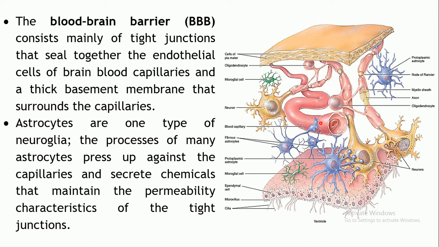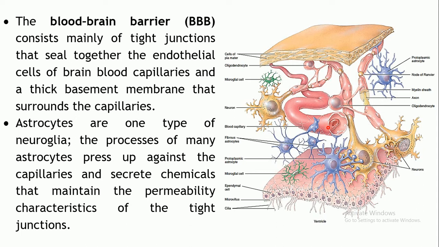The blood capillaries which are present within the brain contain tight junctions. The endothelial cells which are lining these blood capillaries are held together by tight junctions, so that any substance which is present in your blood capillary cannot cross them and reach your CNS. Usually the capillaries have wide spaces in between these endothelial cells, right? But that is not the case with the blood capillaries which are present in the CNS, the cranial blood vessels or cranial blood capillaries.